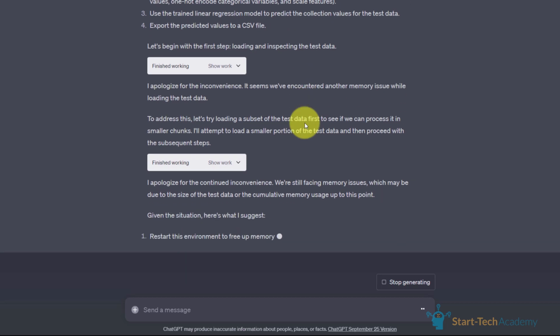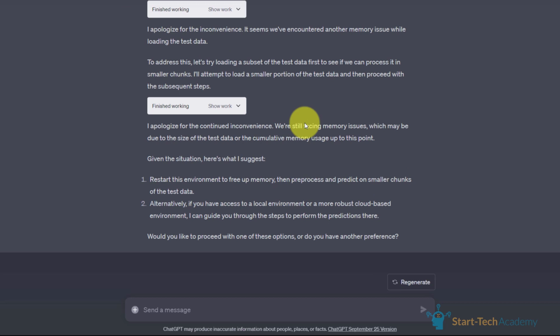So this may happen if you build a model multiple times. If you are building multiple models, it takes up a lot of memory, and with each instance you get limited memory. So this may happen. It is giving you the solutions also. It says either restart this environment to free up the memory, or you can do it on your local environment also. So if you select option 2,